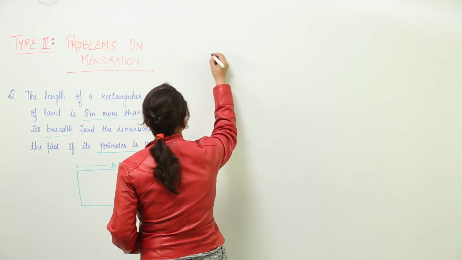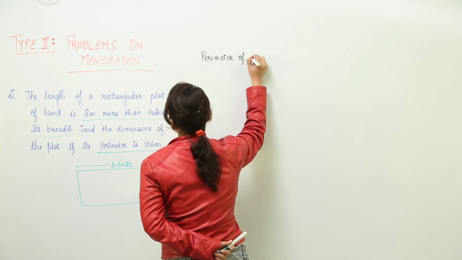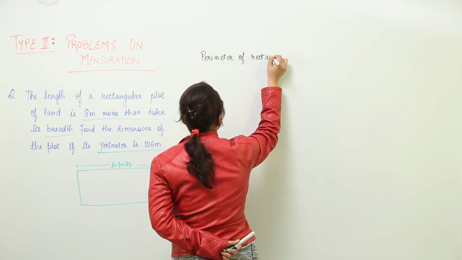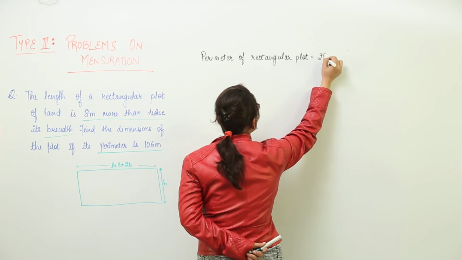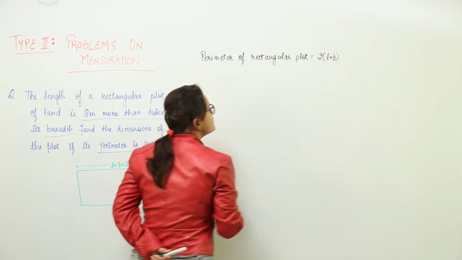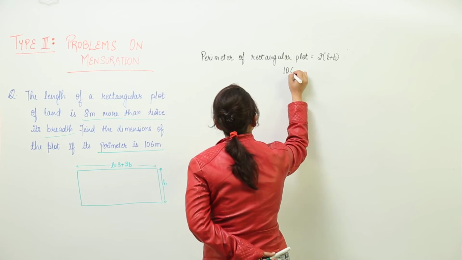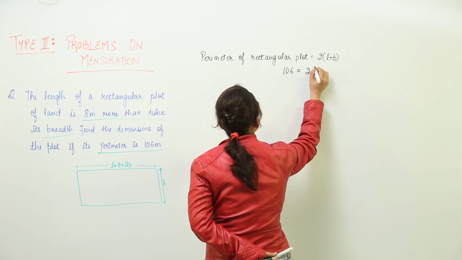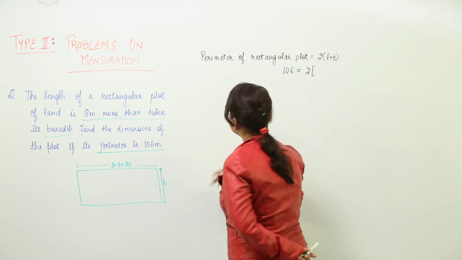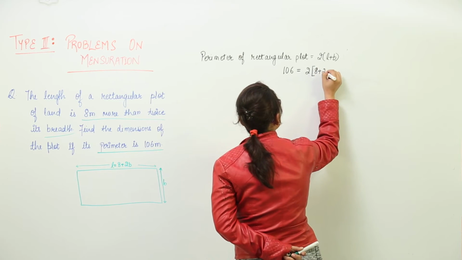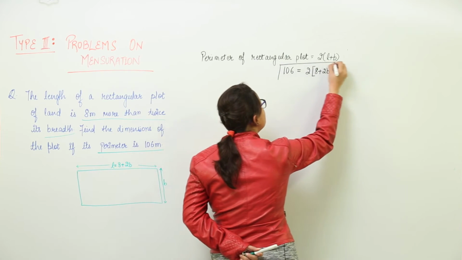The data includes the perimeter of the rectangle, and we know the perimeter of the rectangular plot would be equal to, as we know the formula for perimeter, 2 into (L plus B). Now this is the perimeter formula. What are the values given? We have been given the perimeter, that is 106 equal to 2, and as I discussed with you, the L here becomes 8 plus 2B. So we write this down, 8 plus 2B plus B. Now we have formed our linear equation.